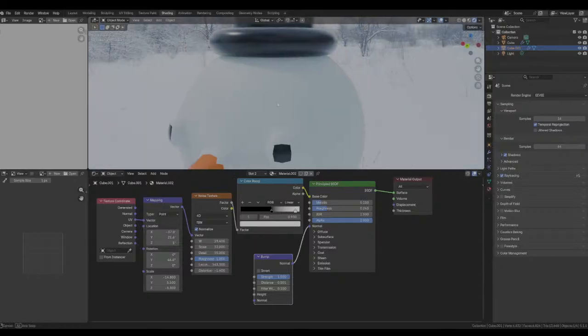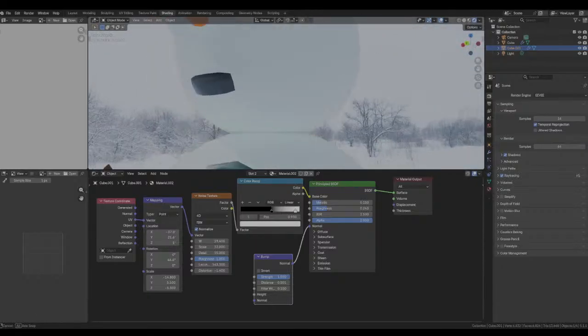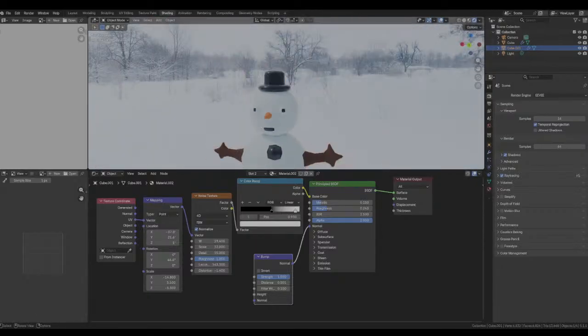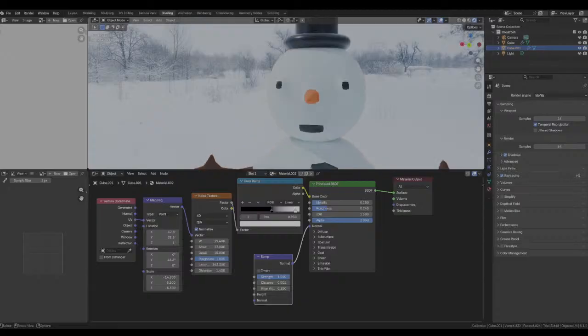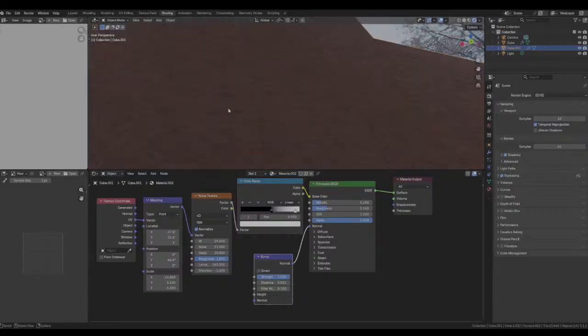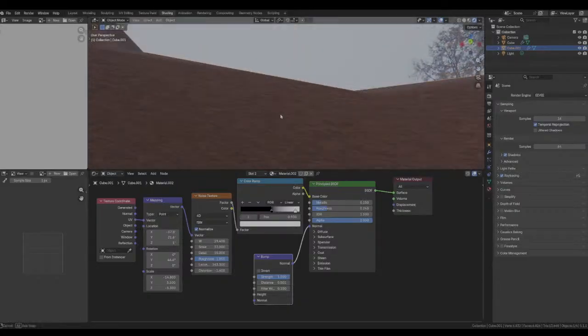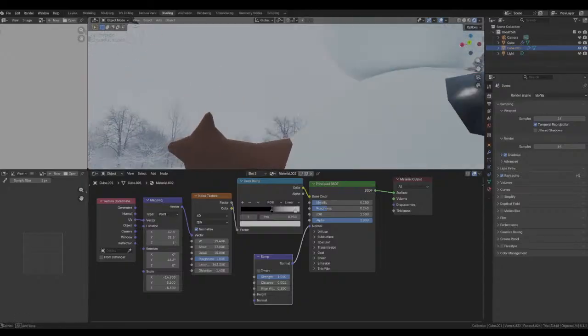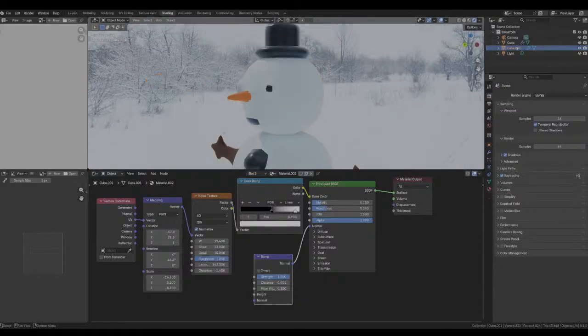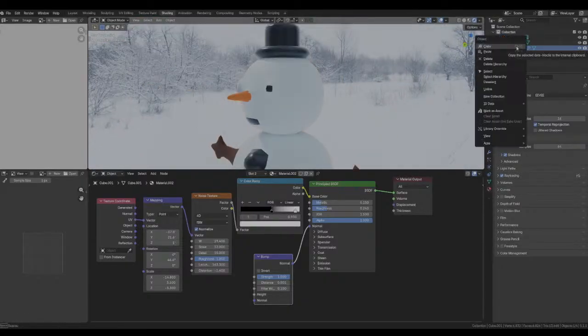I really like the snow texture that I added. I know it kind of looks weird and stuff, and I apologize for how weird it looks. It was not supposed to look this way, but let's see.